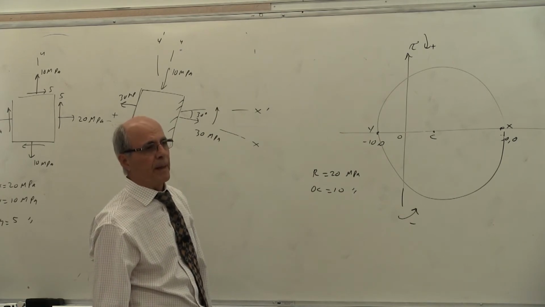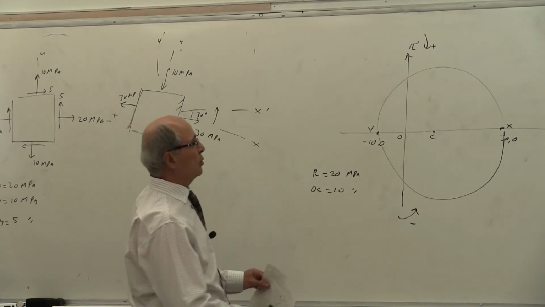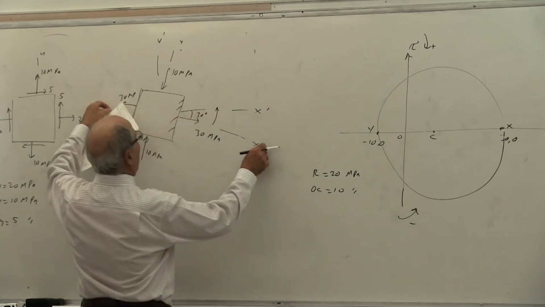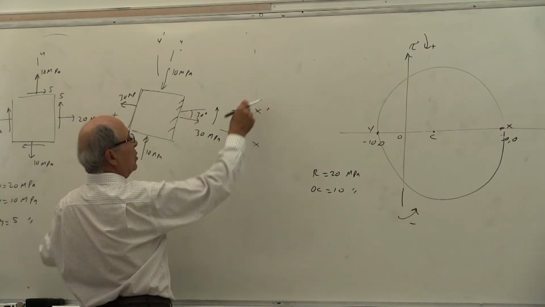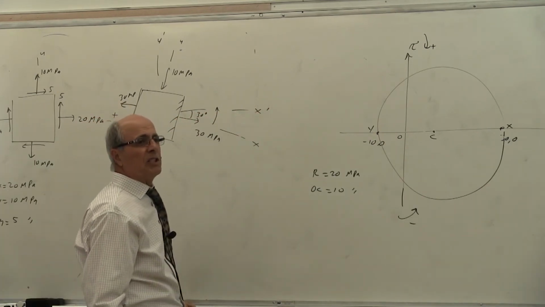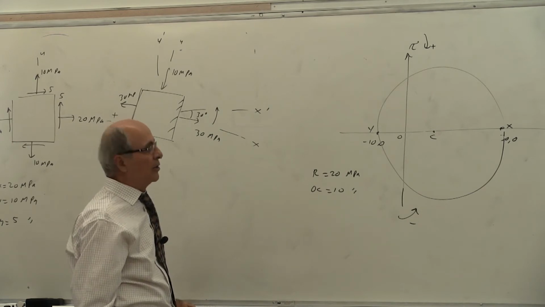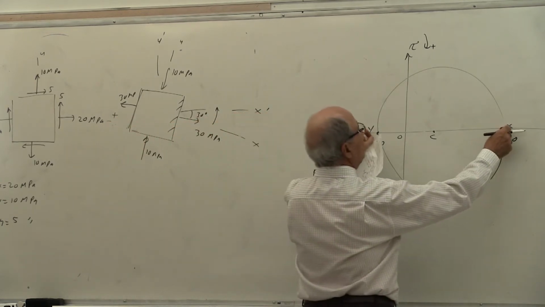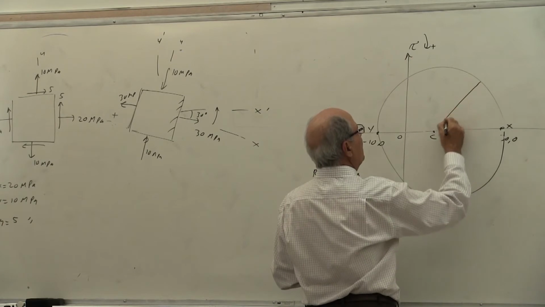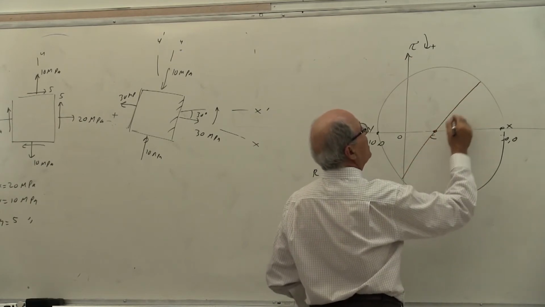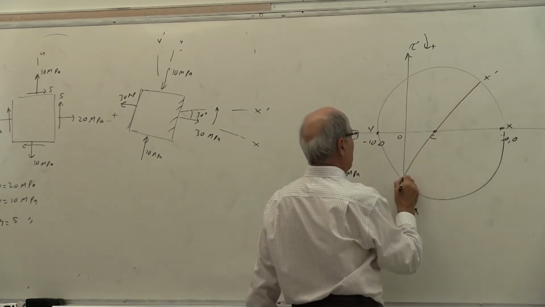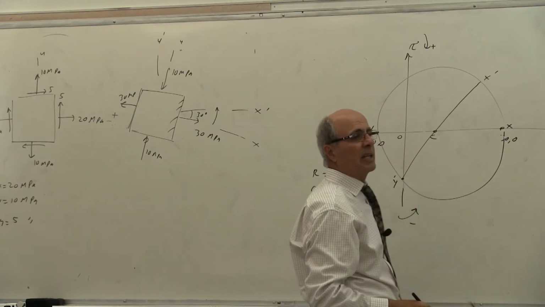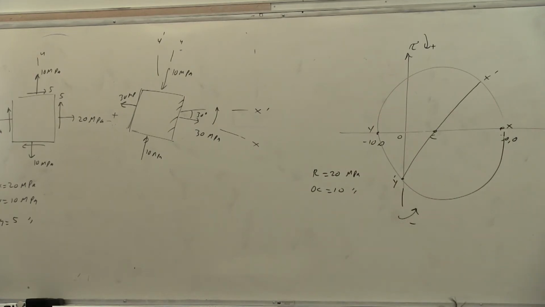Now, what should I do? I have to take x and y and go 60 degrees counterclockwise. Very good. This is x and y. I have to go 60 degrees, so it ends up like that. So this becomes x prime. Y prime is almost there. Let's check that to see where it is. Is that correct? Yeah.